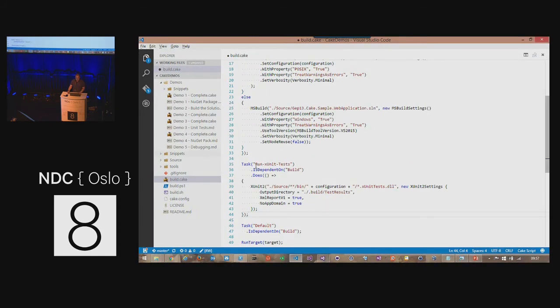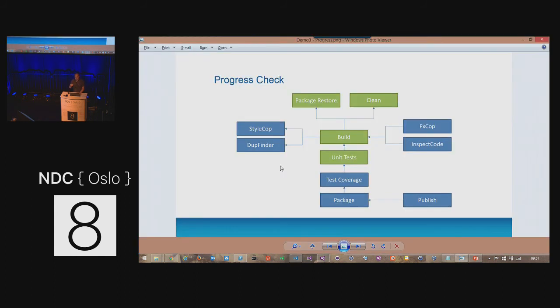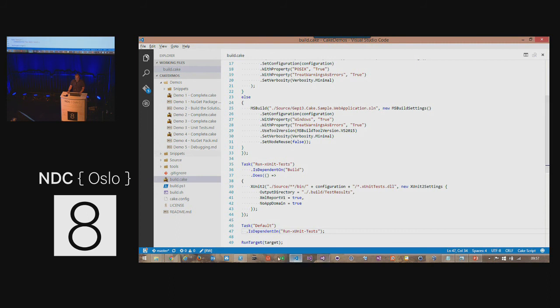So what I've got here is I need to say that I now want to run this one as part of the build. So I'm going to change that over there. So as part of that graph, the unit test is going to run the build, and the build is going to run the NuGet package restore. So if I go ahead and run that,